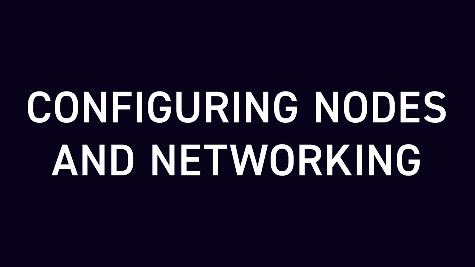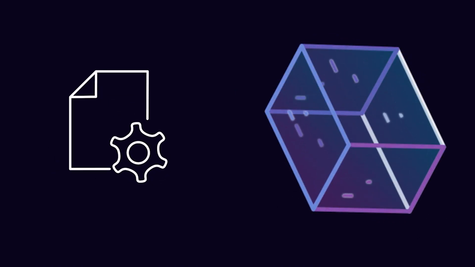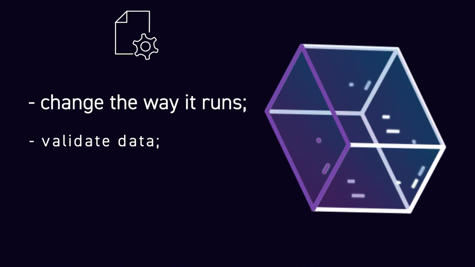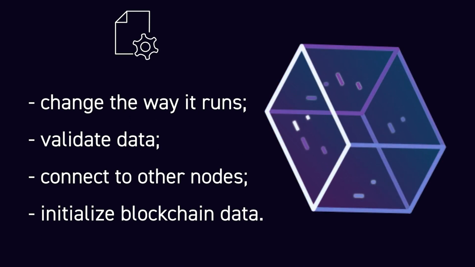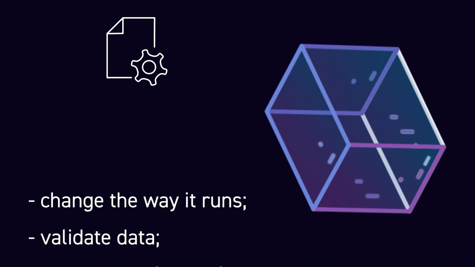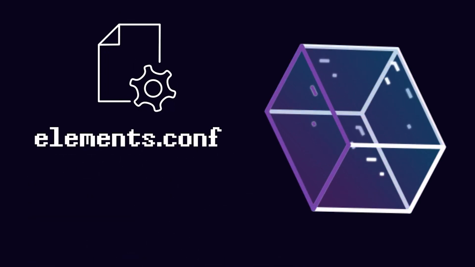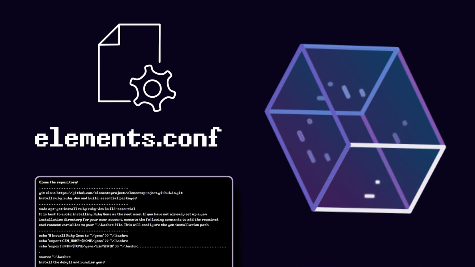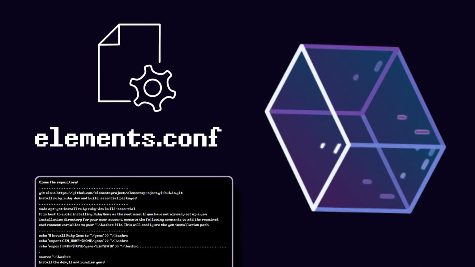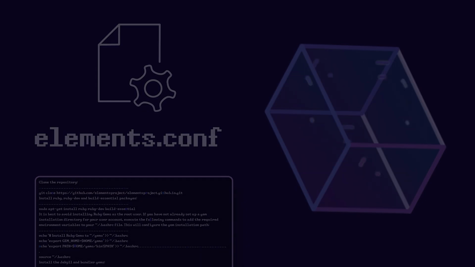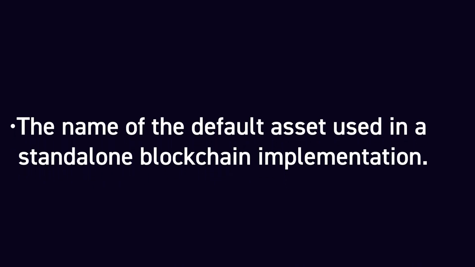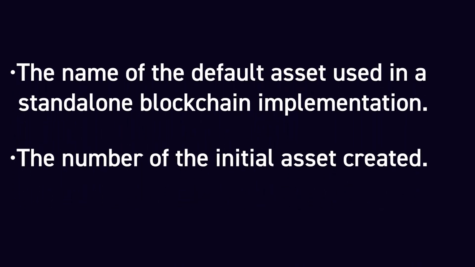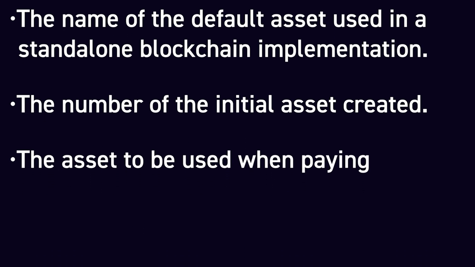Configuring nodes and networking. Configuration settings can be passed to an Elements node on startup in order to change the way it runs, validates data, connects to other nodes, and initializes its blockchain data. Settings are either loaded from the designated elements.conf file or passed in as parameters via the command line. Some of the things that can be changed using these parameters include the name of the default asset used in a standalone blockchain implementation, the number of the initial asset created, the asset to be used when paying transaction fees on the network,